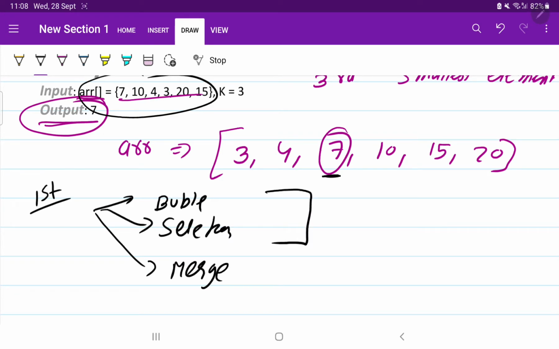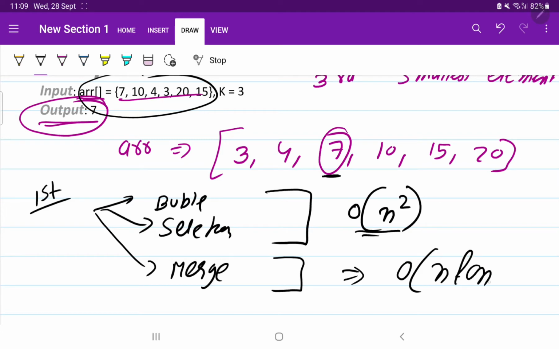If you use bubble sort or selection sort, the time complexity will be O of n square. But if you use merge sort, the complexity is going to be n log n.